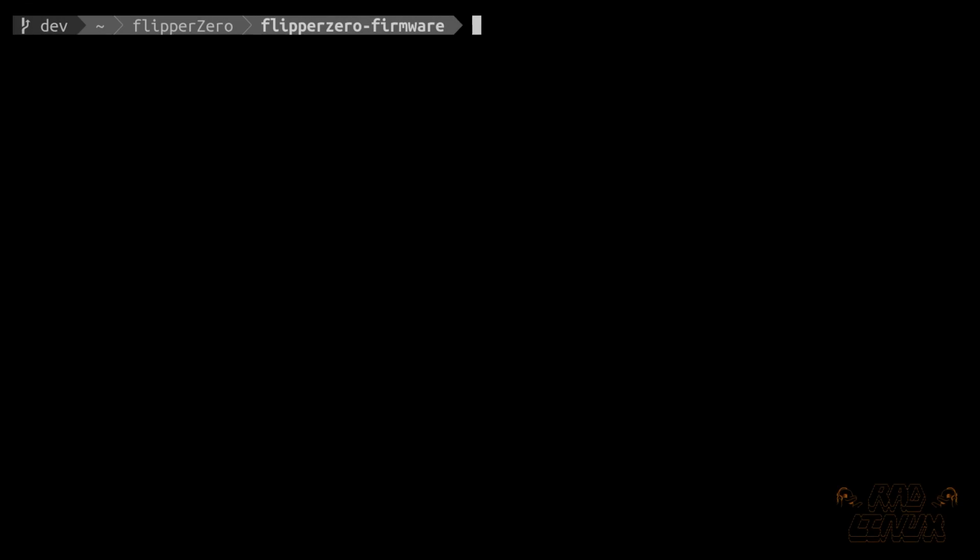Hi, I'm Rad Linux. Today we're going to quickly go over building applications, or rather compiling applications as .faps. This is specifically about building applications for the SD card. This can be a valuable tool for a handful of reasons, whether you're developing or